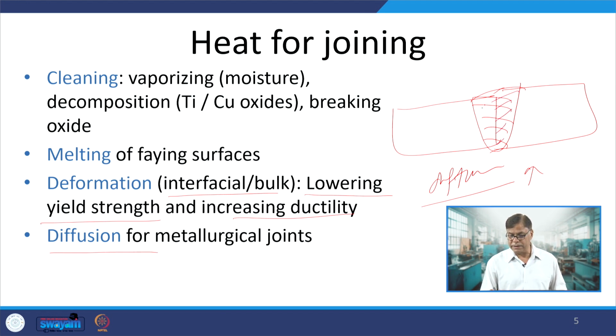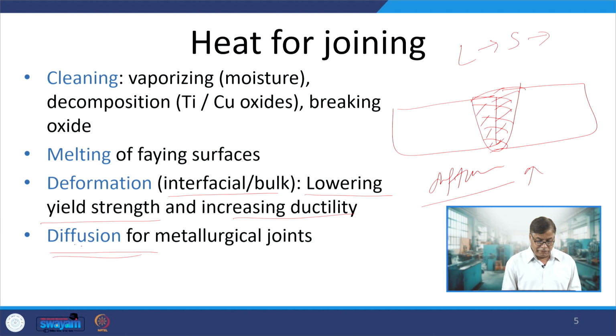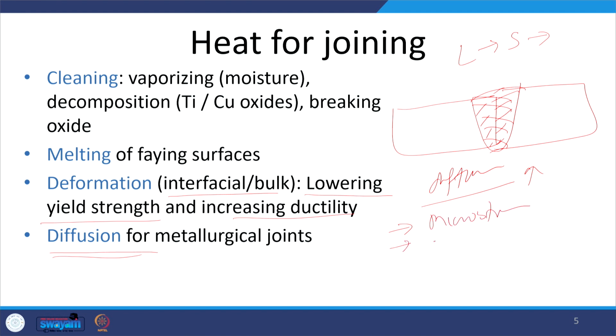This is especially true for solid state joining, because in case of fusion joining, during the solidification there will certainly first be a liquid to solid state phase transformation, and then a lot of solid state transformations will occur, and they will involve diffusion. Okay. As long as the temperature of the joint being developed is high, the diffusion of atoms across the interface or in the weld zone will occur, leading to the development of the suitable microstructure and the development of the sound joint. So, diffusion is important,